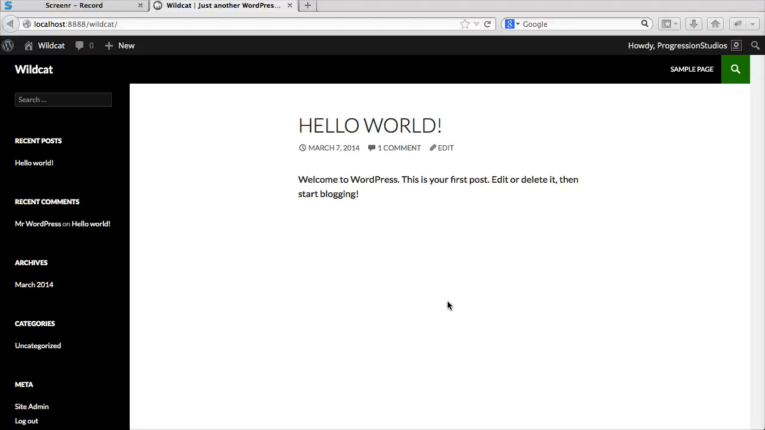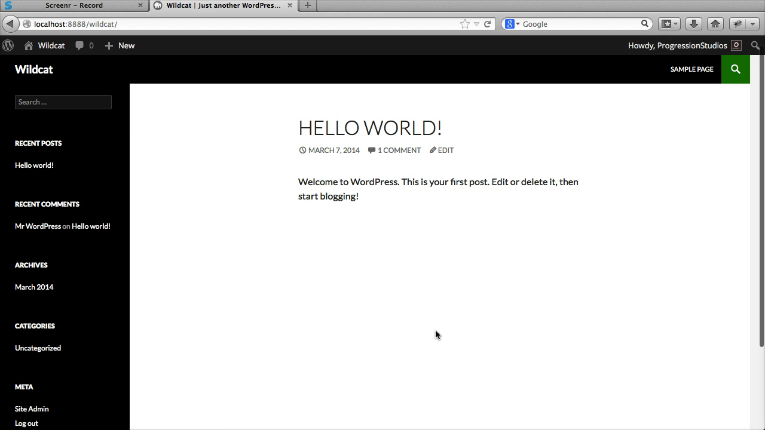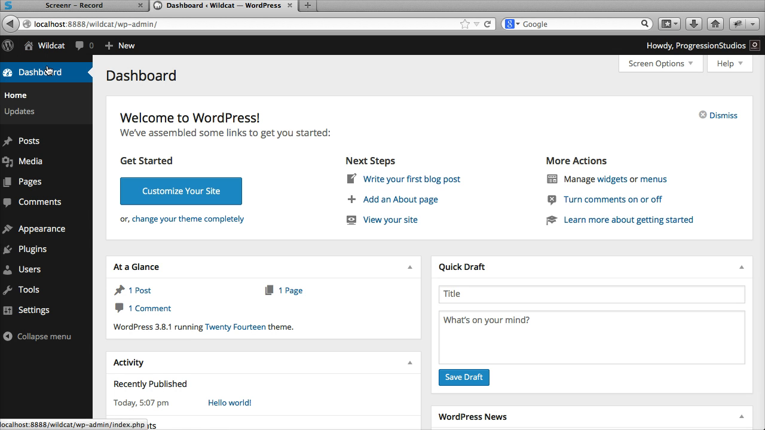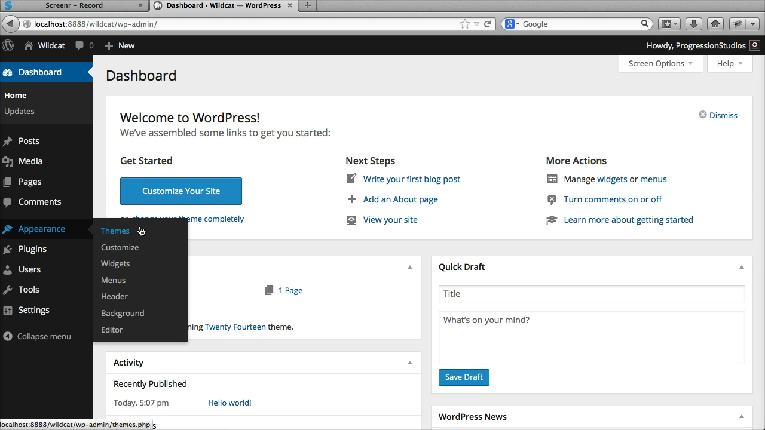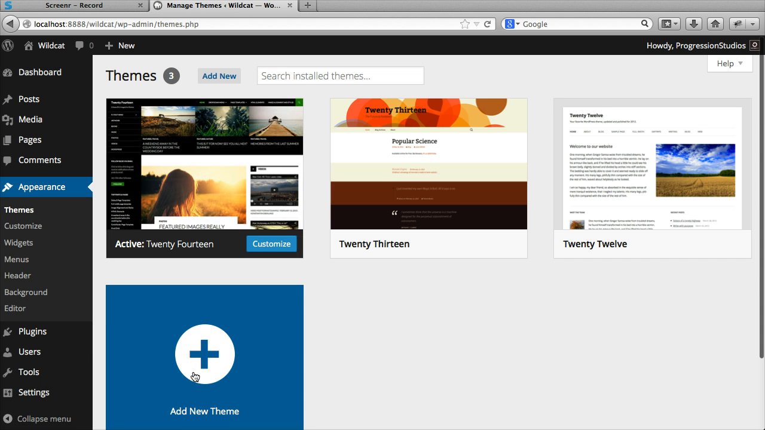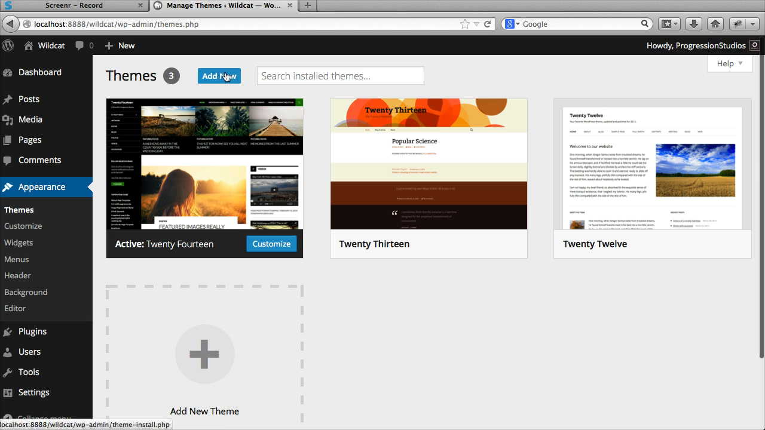Alright, I'm going to go over how to install the Wildcat theme. So right now I just have the default theme installed on WordPress and nothing else. So let's go ahead and go to our dashboard, and then we're going to go under Appearance and Themes. And then from here we can just either click on the big Add New Theme button or the Add New